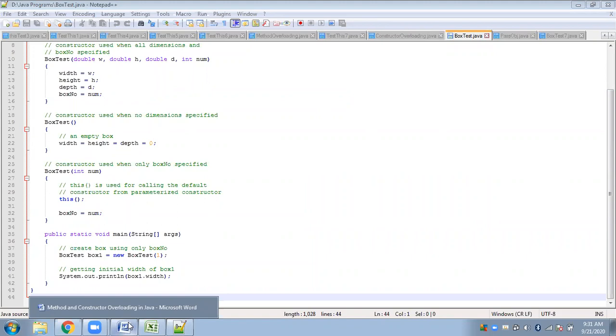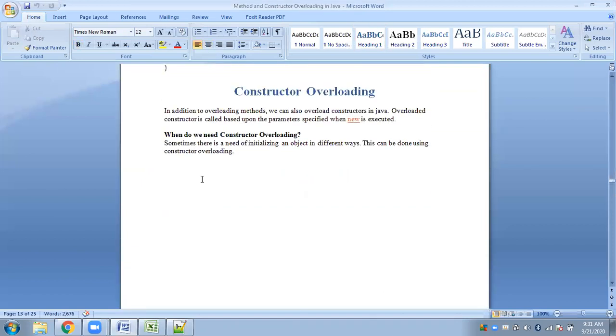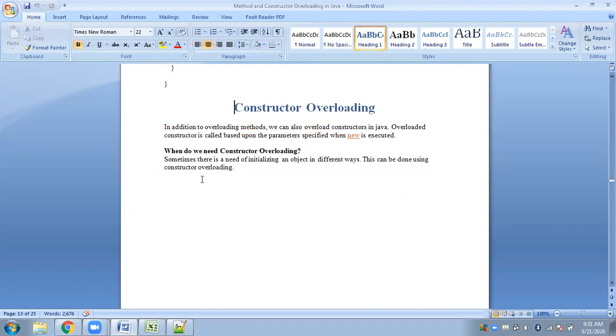Anyways, we have revised method overloading. Constructor overloading is also the same. Firstly we must understand why we need to overload a constructor. We have used constructors in our programs. From the very beginning we have been using default constructors, but we did not define the constructor. Later we learned how to define a default constructor by giving some fixed values. We also learned how to use a parameterized constructor where we can pass values to the parameters. So we have seen how constructors work, and how we initialize objects